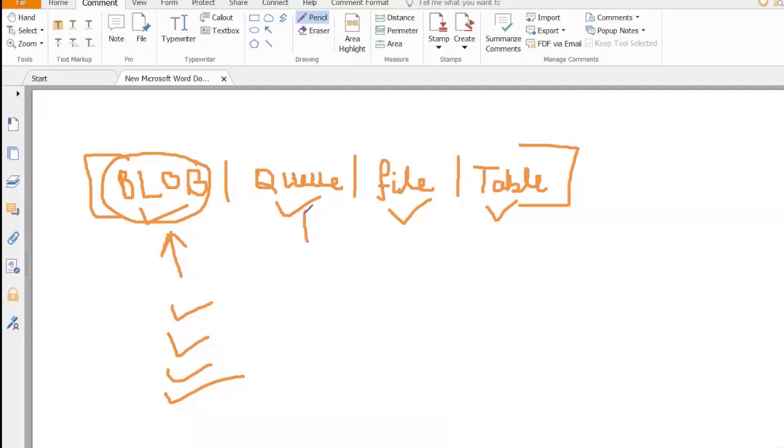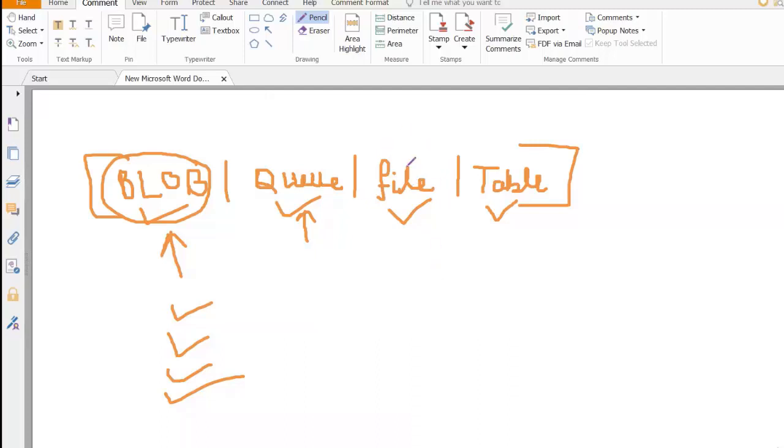Next thing is the queue storage. Queue storage basically means that you can do multiple operations at the same point of time. It is just like the concept of queues in data structures. This type of storage is used by payment gateways and payment companies such as Paytm, PayPal, etc. for fast user access. Okay. Then is the file storage.